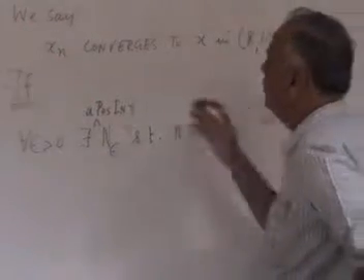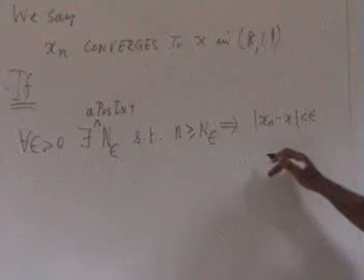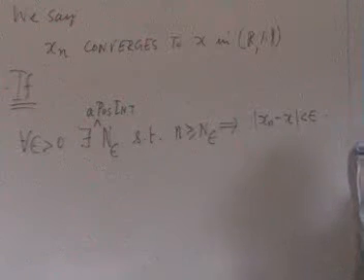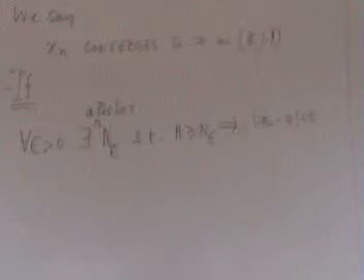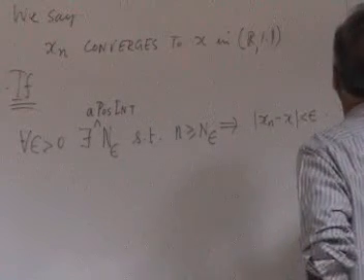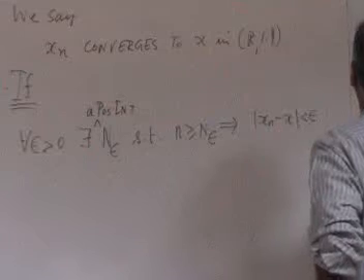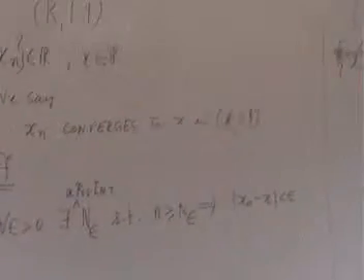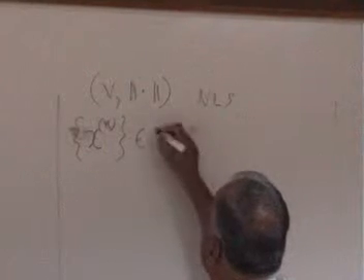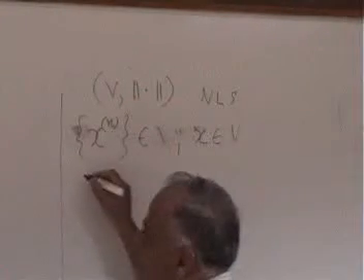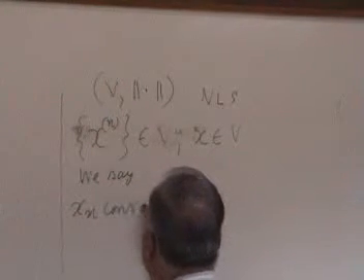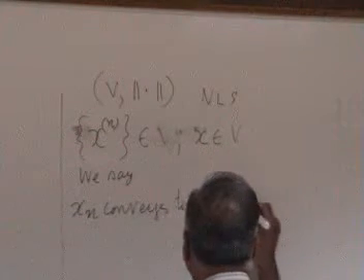Now there is no problem, this entire thing can be copied because the only thing that is needed here is the absolute value. So suppose I have a normed linear space, then I take a vector sequence, with the index in the superscript for some reason, you will see why. I will take a sequence of vectors in this space and another vector in that space. We say, let's copy what should be done: xn converges to x in this space,